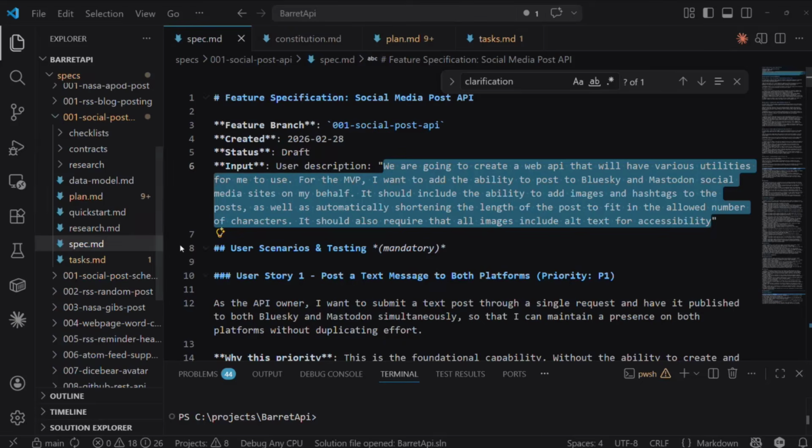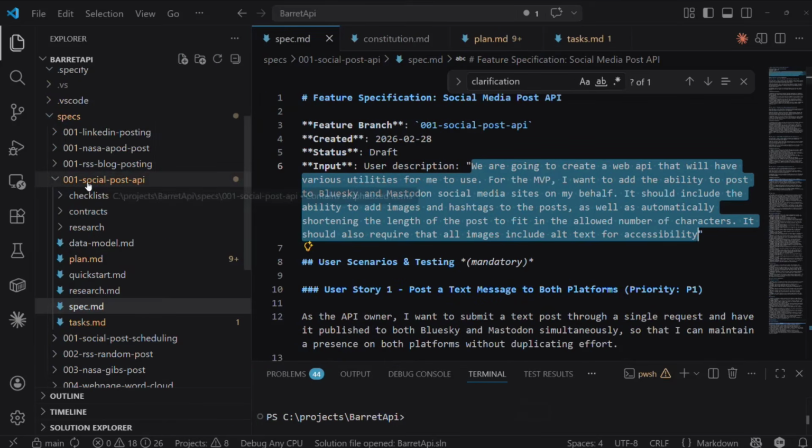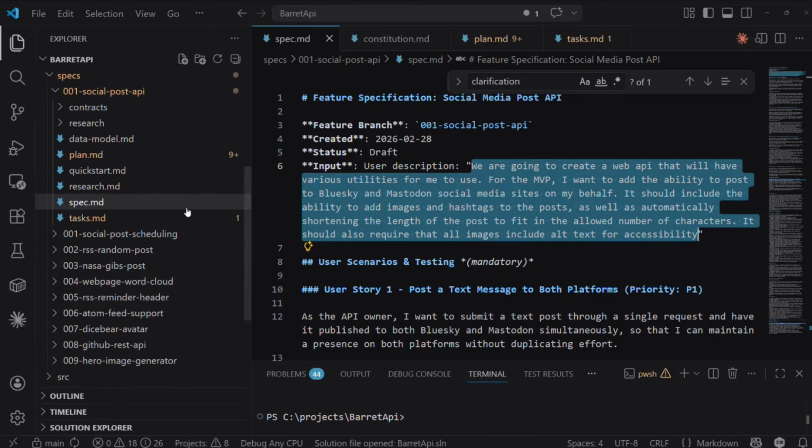So for the first iteration here, as I mentioned, it'll create the specs folder, and for each specify command that you do, it'll create a folder structure. Normally it numbers them 1, 2, 3, 4, 5, and then provides a description as part of that. There was a bug or something at the time, and I didn't notice until I'd gone several iterations. So you can see I've got several here that start 0, 0, 1. And then as it gets down here, you've got 2, 3, 4, 5, and so on.